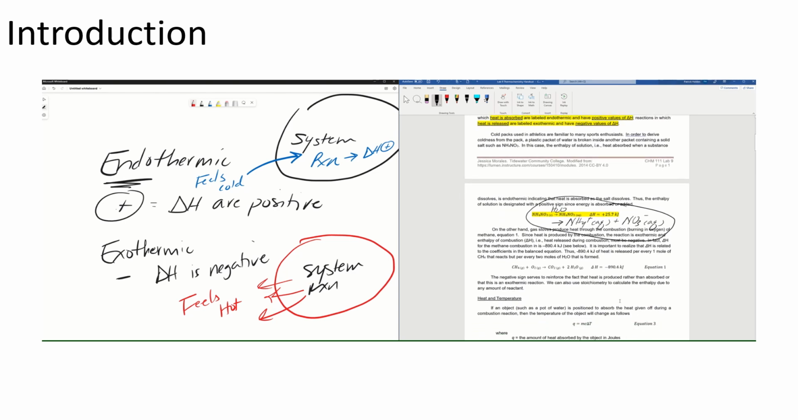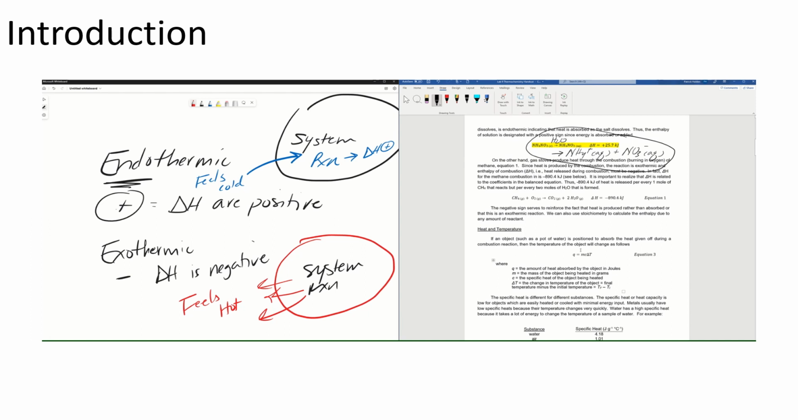Another really important exothermic reaction is basically how you cook your food if you have a gas stove, or how you heat your house. So in this example shown here in equation 1, we can see we have methane gas combusting with oxygen gas. Remember, combustions like these always produce carbon dioxide gas and water. And here our change in enthalpy is negative. So we have a negative 890.4